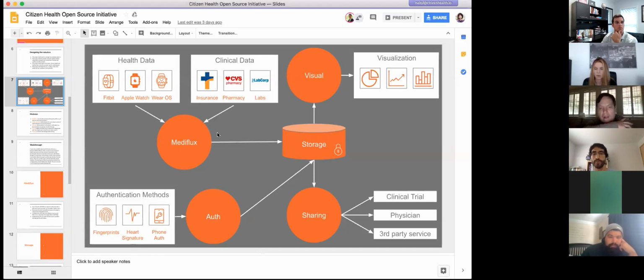To be able to do that, we need a lot of things around this kind of flow. First we need to authenticate, so you want to make sure that your data is secure. And to be able to authenticate, we're going to work on several ways of doing that, some recent ways like biometrics, heart signature, fingerprint, image, phone authentication. We want to have that module ready so that you can authenticate, pull all your data,